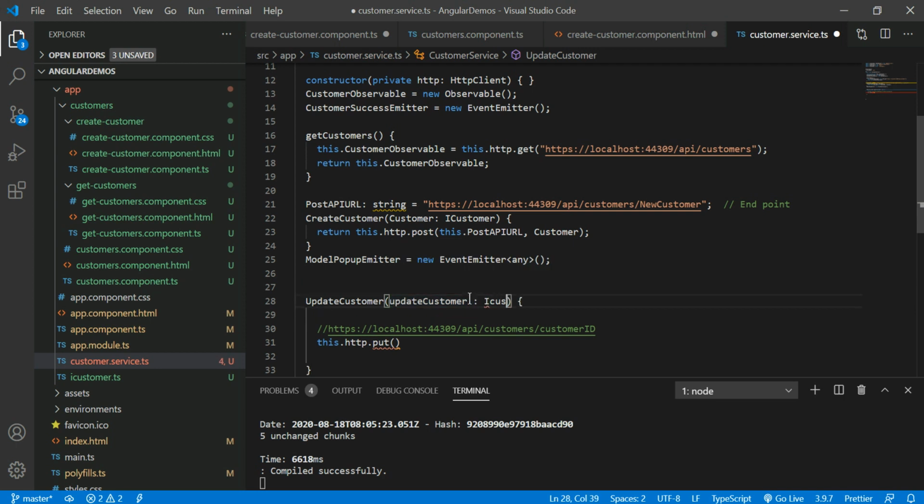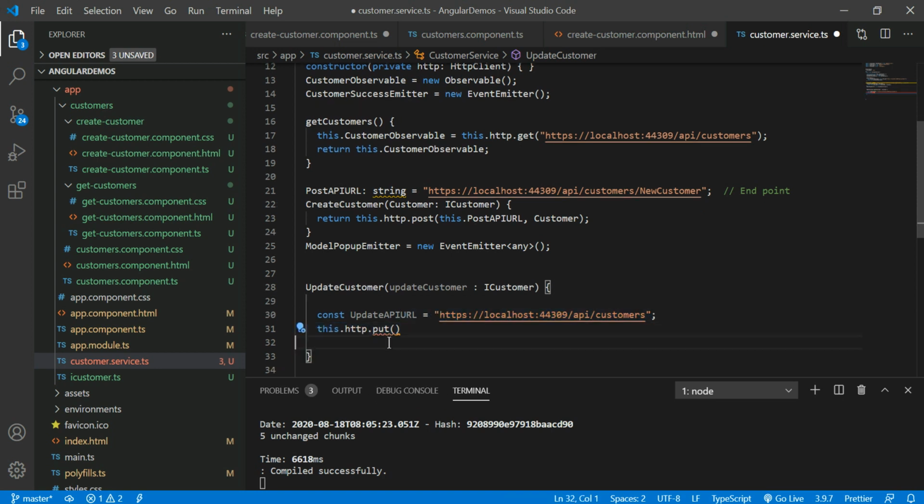I have already prepared the customer type, so I am adding the customer type here, because then I can get the intelligence of the customer ID. So I need to give this URL here, along with the customer ID.